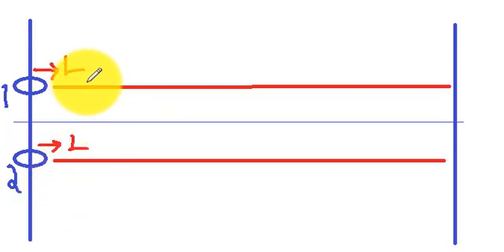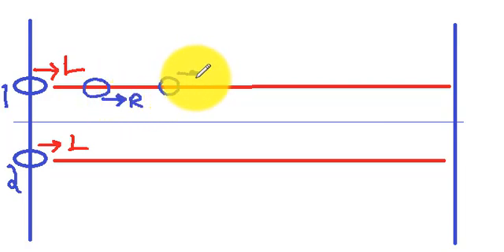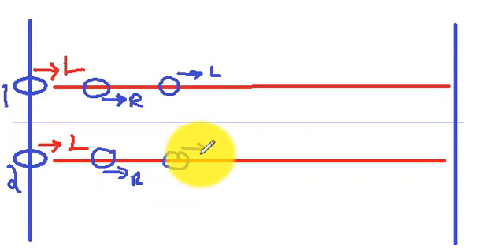Now after one step, say this robot reached here, his right hand will appear in the front after one step. After one more step, his left hand will appear here. Similarly, this will also, after one step right hand, after one step left hand. So in each step they are identical. In the beginning they were in an identical position. After each step they are in an identical position.